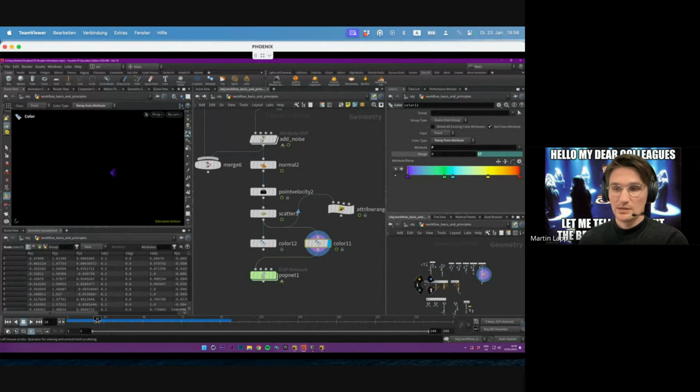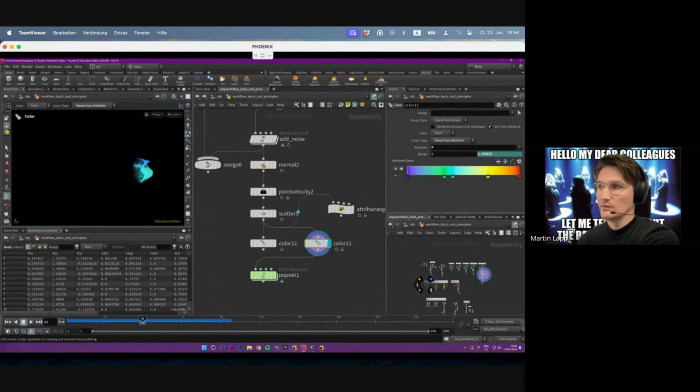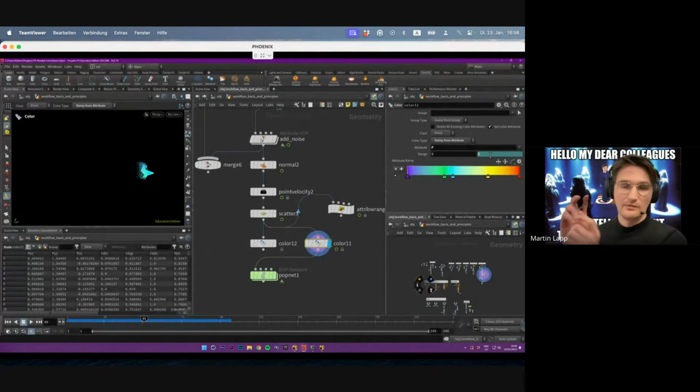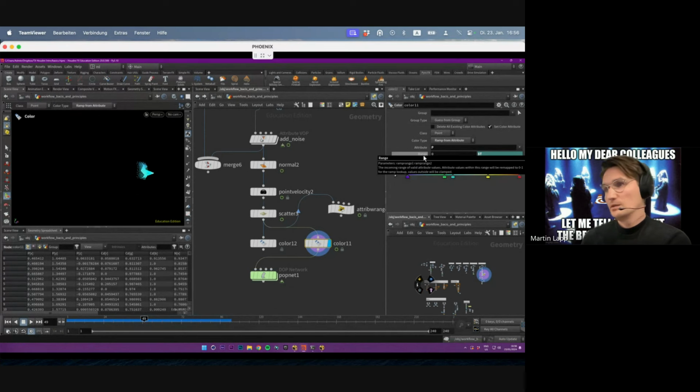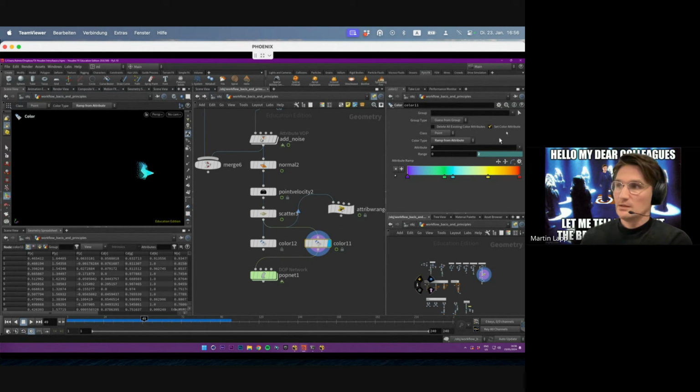After 1 second, so 24 frames, this will be 1, like so. And then after 2 seconds, it will be 2, etc. So that's $T, just a variable for time. You can also say frame, $F, for example, but then it would be much faster because each frame evolves faster than seconds. And then the last thing I did is I set a ramp from attribute